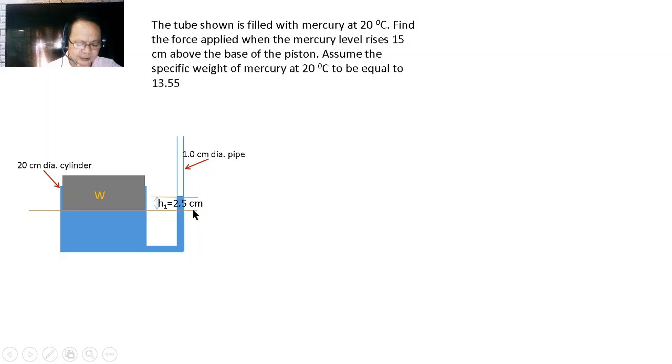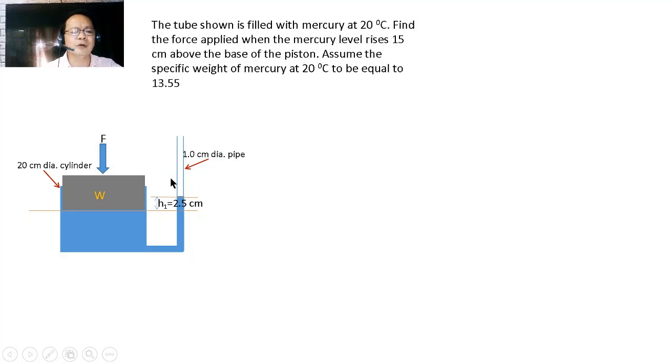2.5 centimeters. So the problem dito is that when there is a force P applied or a force F applied at the top of the piston, the mercury rises a total elevation of 15 centimeters above the base of the piston, and we are required to find the magnitude of that F that will cause that elevation to change